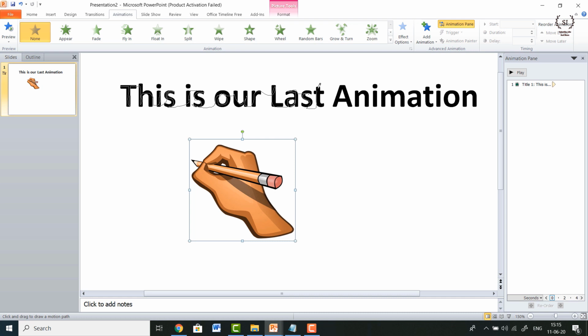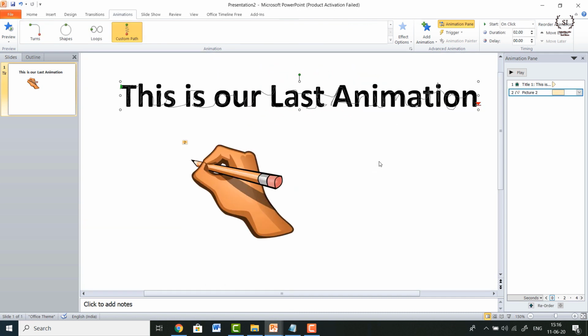As long as it follows the path, the animation will look realistic. Just keep in mind, you should not leave your mouse in between, otherwise the animation will stop tracing the text. Roughly try to trace the text one by one and finish at this letter N. Once you reach this letter, release your left mouse button and press escape.